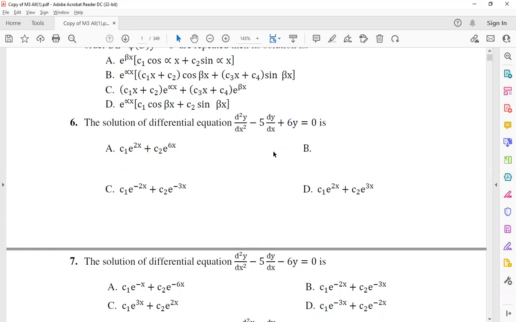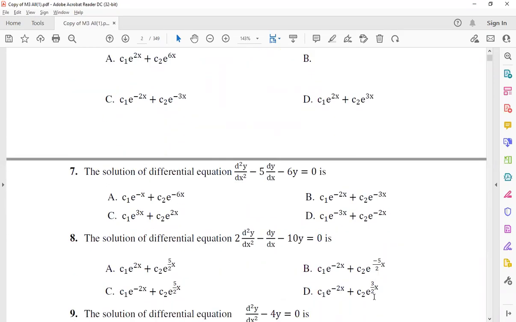If there is no RI, then whatever root is shown on your calculator is your root. But if there is RI, then the real part is shown and its imaginary part you have to find, by pressing shift and equal. But nothing like that here, no RI. So 3 and 2 are the roots. Are you getting 3 and 2? So what is the solution? D. Right. 3 and 2 are both real and different, and every one goes in the power of e with separate constants.